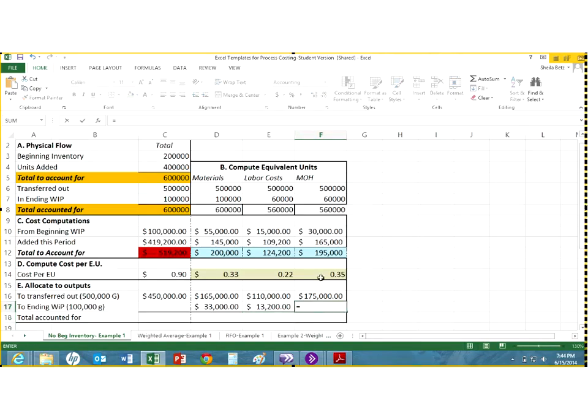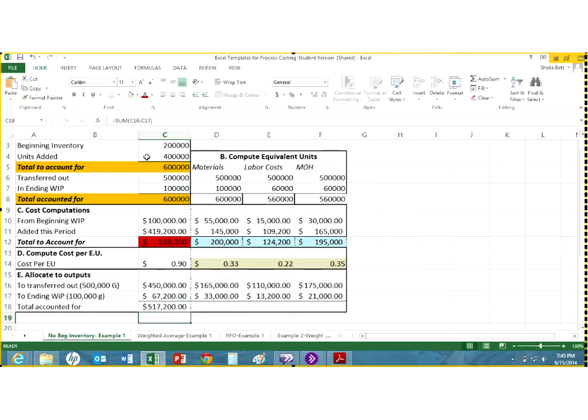And finally, we had 35 cents of overhead cost per equivalent unit, but we only worked on 60,000. So if we add this up, the total dollar amount is $67,200 that we have in ending inventory. Now, if I add this up, I get